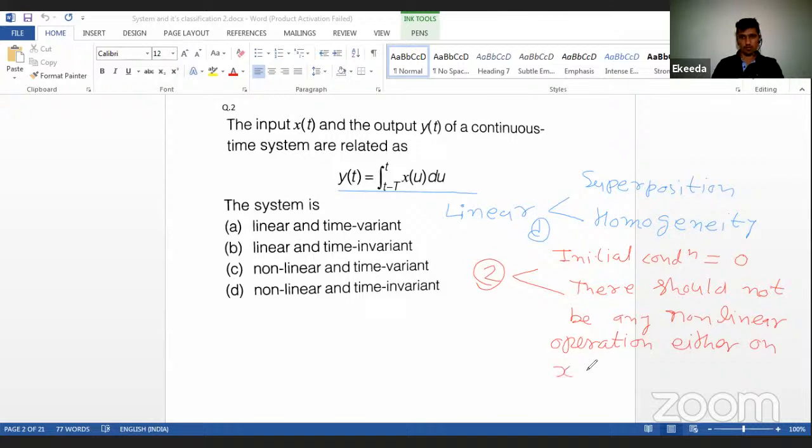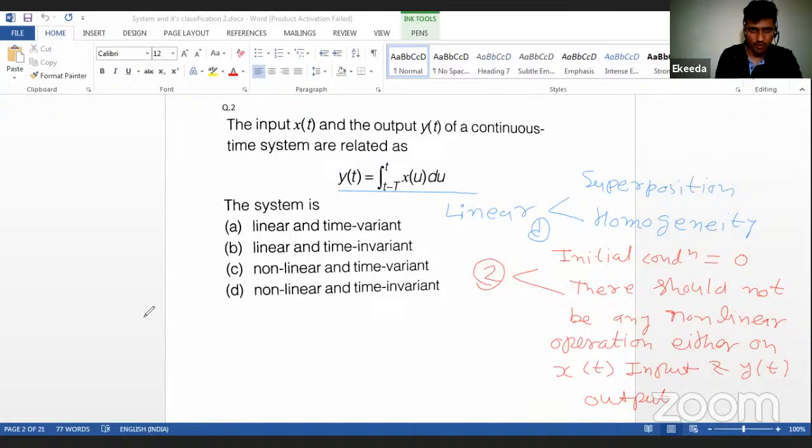either on the input domain, that is on x(t) the input, or on y(t) the output. Using these two definitions, you can always determine whether a system is linear or not linear. So from this definition, they have not mentioned any initial conditions. So initial condition is 0 and this operation is linear. So the system will be linear,